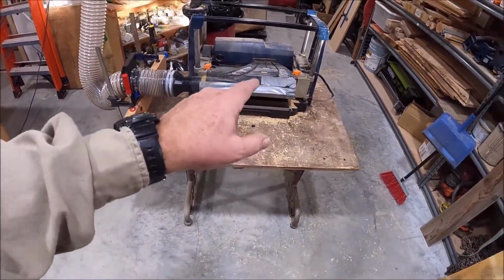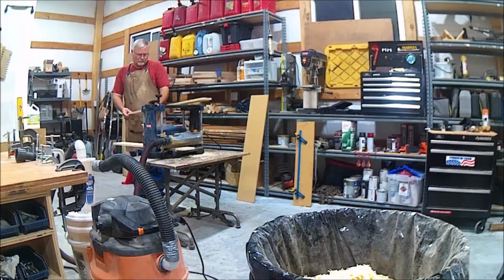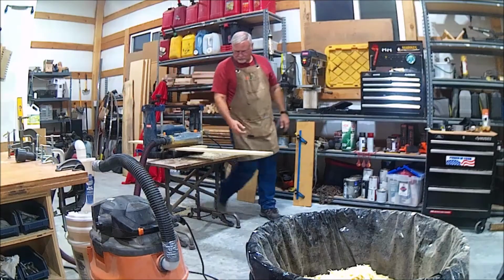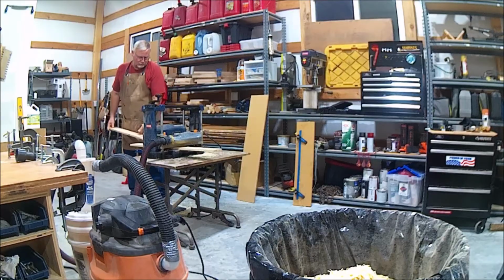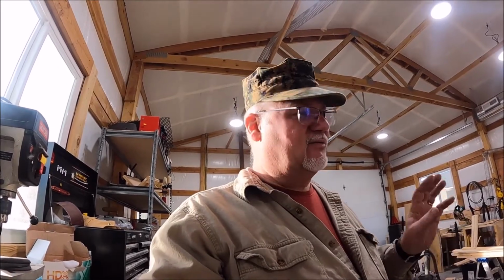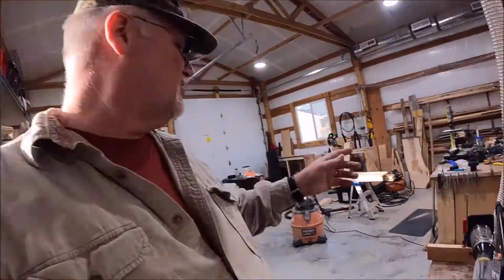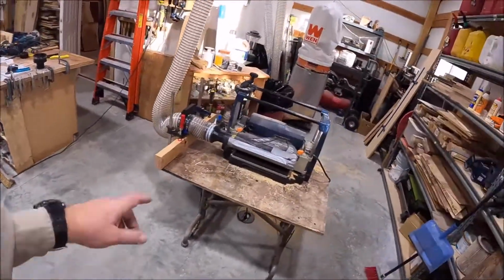But this is 10 times better than what I used to get. What I used to get, I'll see if I can find some video clip and drop it in right here. So hopefully that gives you an idea of what this is like, the video clip without this big WEN 1500 cubic feet per minute dust collector, using the rigid, versus running it with this. It gives you an idea. This guy here,